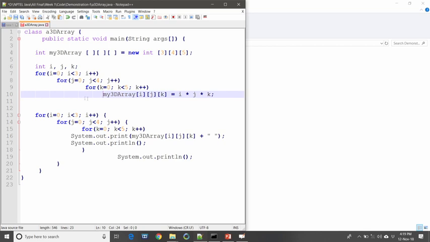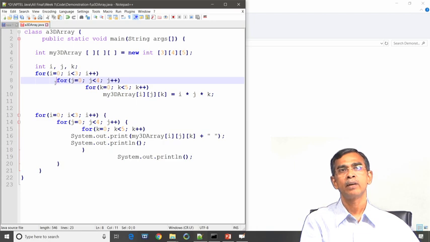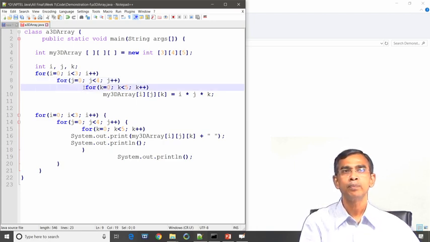Then the next loop, for j equals 0, j less than 4, will read all the rows in one 2-dimensional array, and then finally, the outermost loop reads each 2-dimensional array in the 3D array.